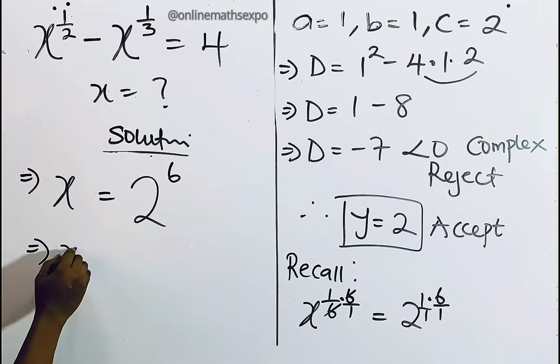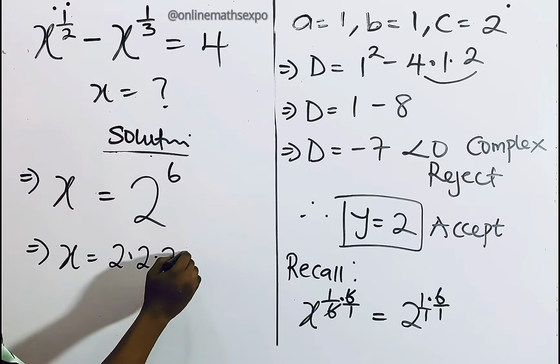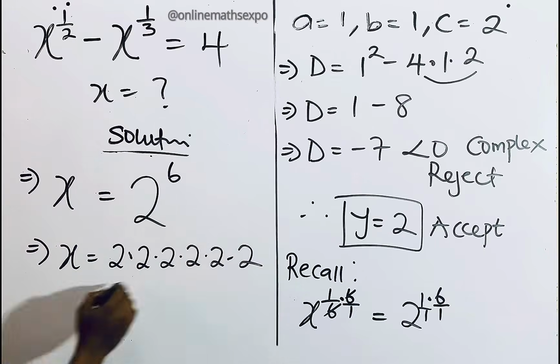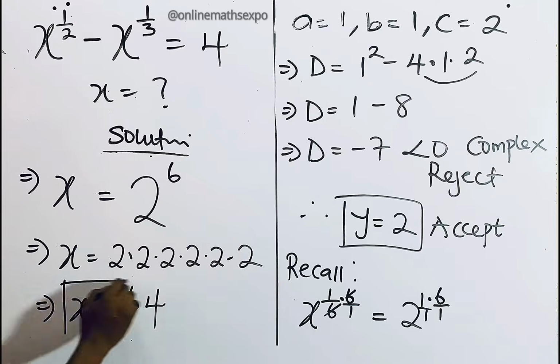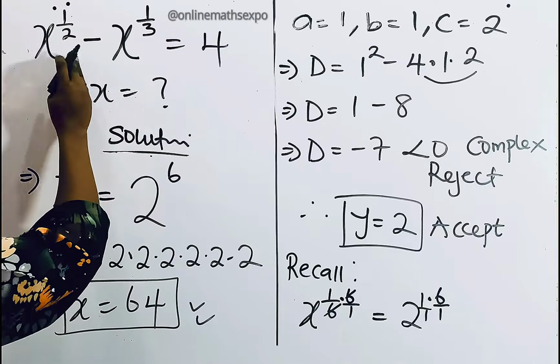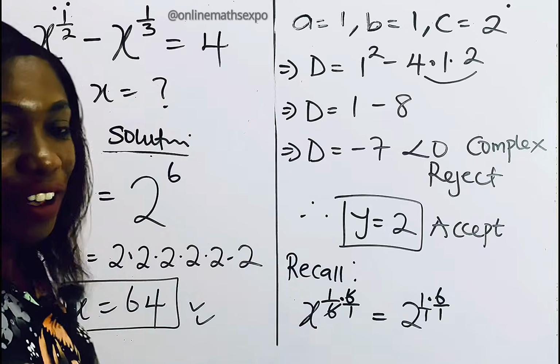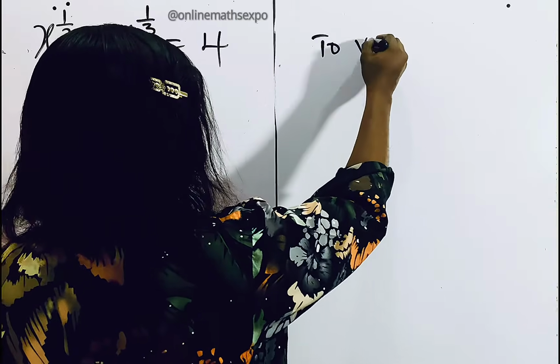So we now have x is equal to 2 to the 6th power, which is 2 multiplied 6 times. And that gives us x is equal to 64. So the value of x in this equation is 64. We are going to plug this value into the left side to see if it gives us back 4. Let's do that together. To verify,